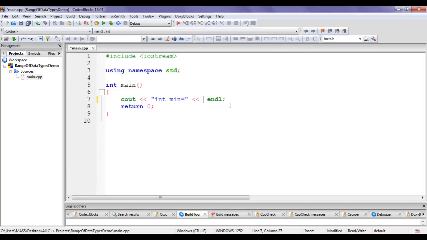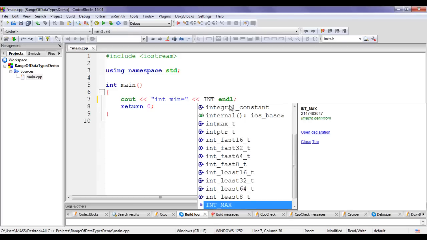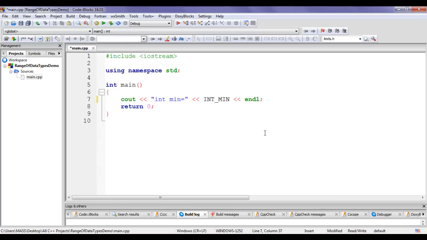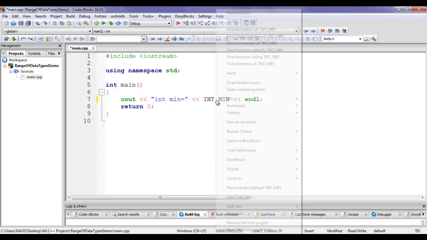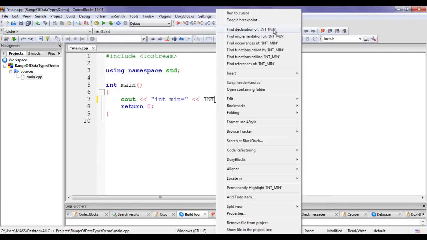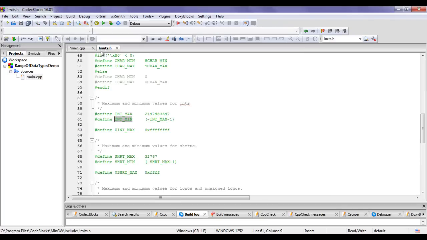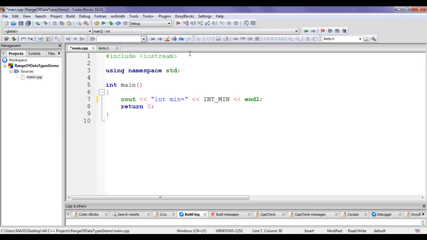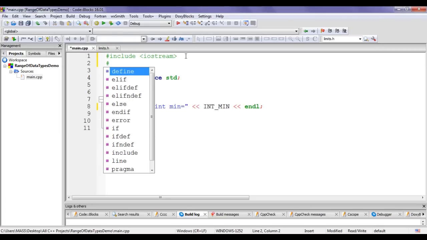What I do, I take help of predefined constants. There are predefined constants which store the minimum value and the maximum value for different data types, guys. Here I say int underscore min. So there is a constant called int underscore min, guys. I say insertion operator, int min. If I right click on it and say find declaration of int min, it is declared inside limits.h file, guys. To use this inside my program, I have to include limits.h. I say here hash include